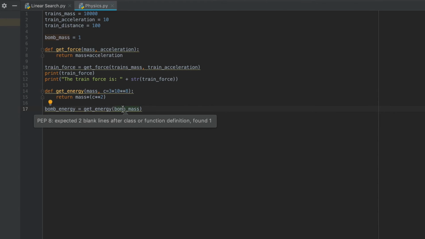So each one corresponds to the first one in the list. Here, you've got mass equals train mass, and acceleration refers to train acceleration. Here, we've got mass that relates to bomb mass. And then when you've got your mass times C to the power 2, that's where you get your correct value from. So now that we've got that bomb energy line, we can just say